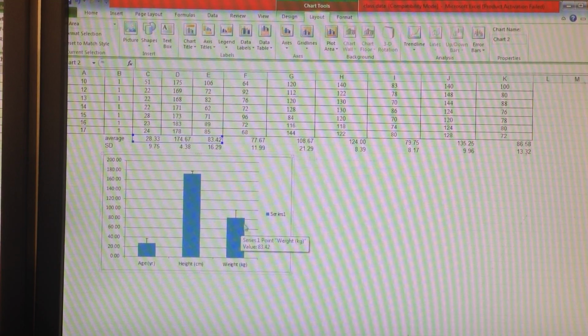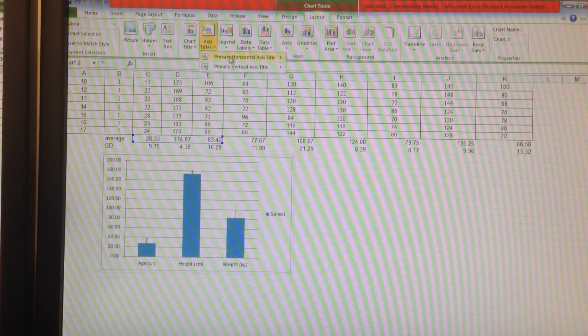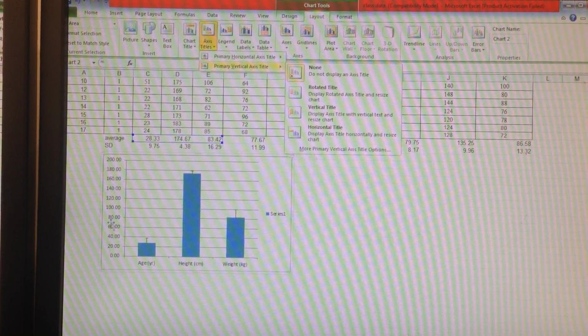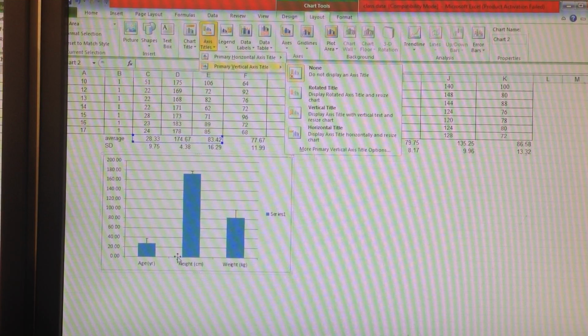Now you're going to have to add chart titles and axes. In order to do that, they're up here at the top, chart title, axis title. Now for axis title, you have a horizontal title, which is going to be the one over here on the side. And you have the vertical, horizontal is the one on the bottom, and the vertical will be the one on the side. Now depending on what your lab manual asks you, for example, if it says only height, you would add a vertical title that says,